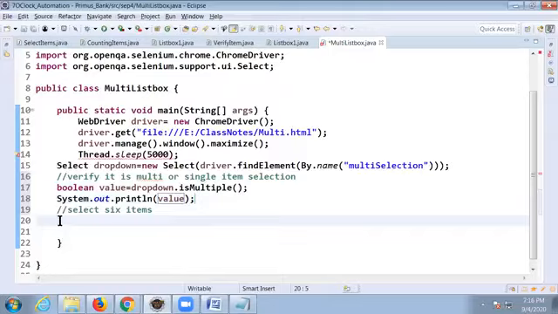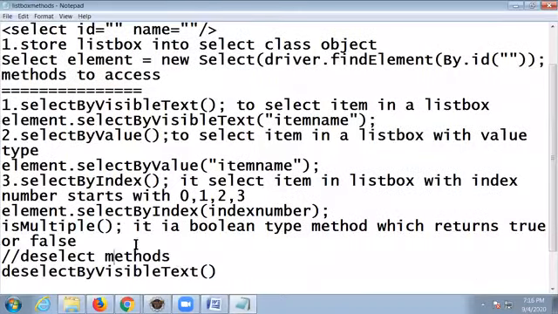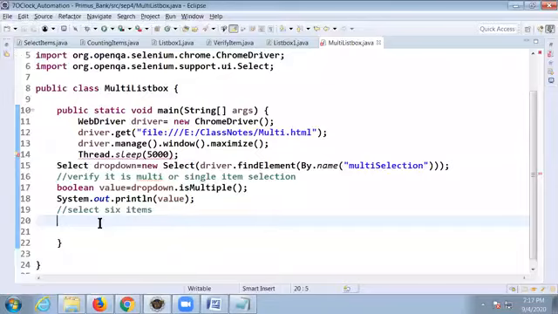How do you choose one by one item? Yesterday, for selecting, we should go with select class methods only. Select class methods. Visible text, index, no problem. Which one you want? Let us go with index. Better to give index number. Easy to give index number. With anything you can choose. No problem. Come on. Select drop down